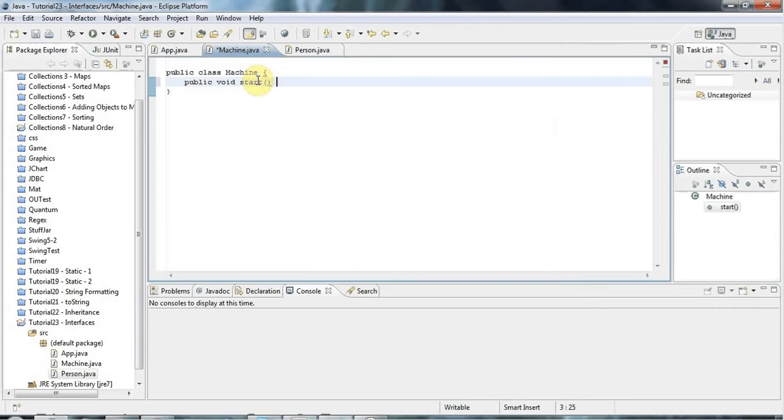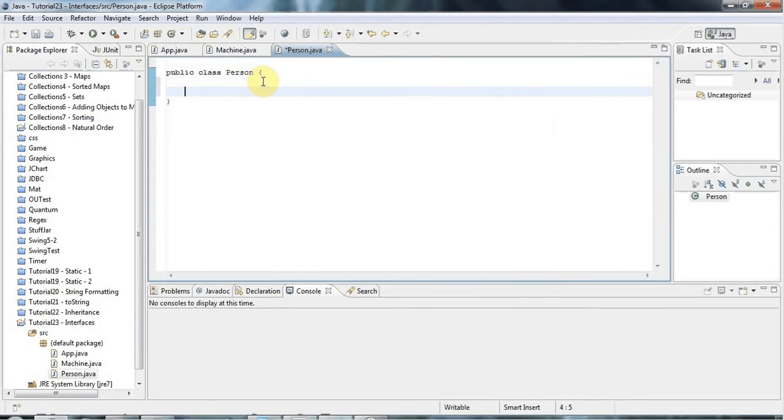Let's say I'm just trying to create an absolutely minimal, plausible scenario for using interfaces. And I'll say here "machine started", and person might have a bunch of methods too. Let's have a public void greet, and greet just says sysout